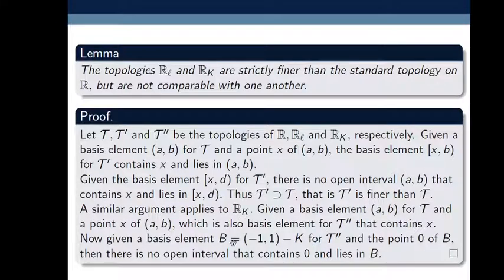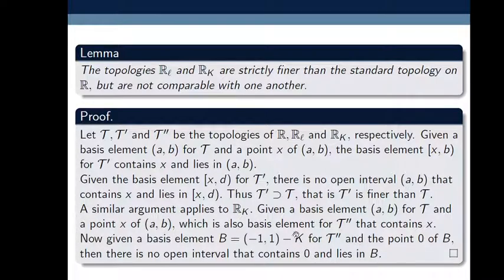Now given a basis element B equal to (-1, 1) minus K. So we know that the basis element for RK is what? Script B double dash, which is the set of all open intervals (a, b), and sets of the form open interval (a, b) minus K. So here I chose (-1, 1) minus K for tau double dash and the point 0 of this B. Then there is no open interval that contains 0 and lies in B. Why?